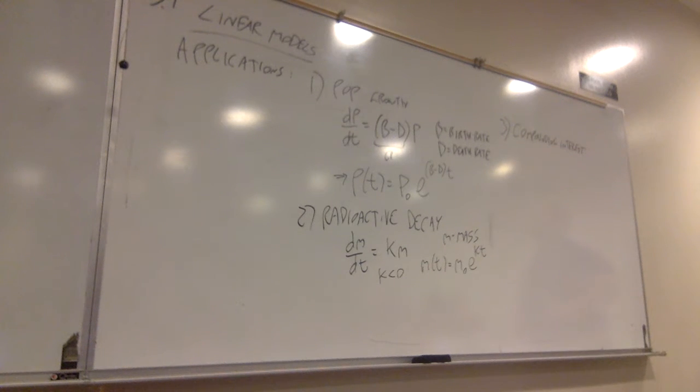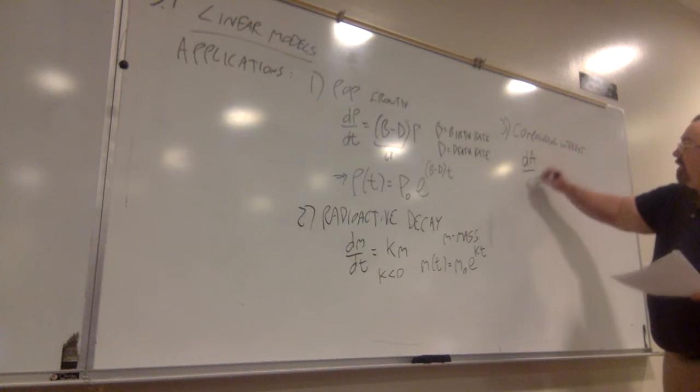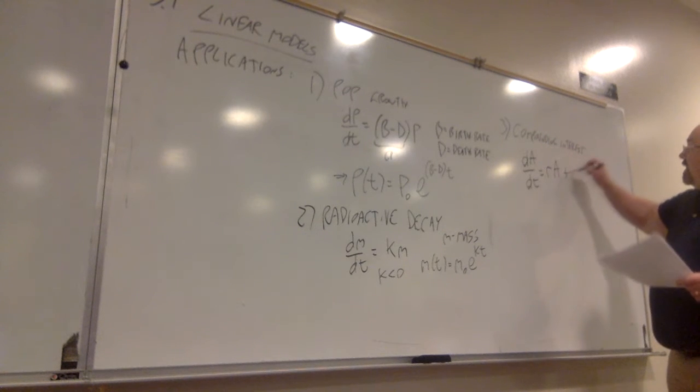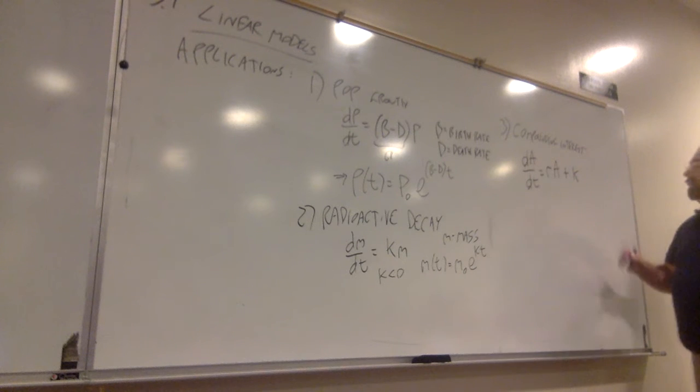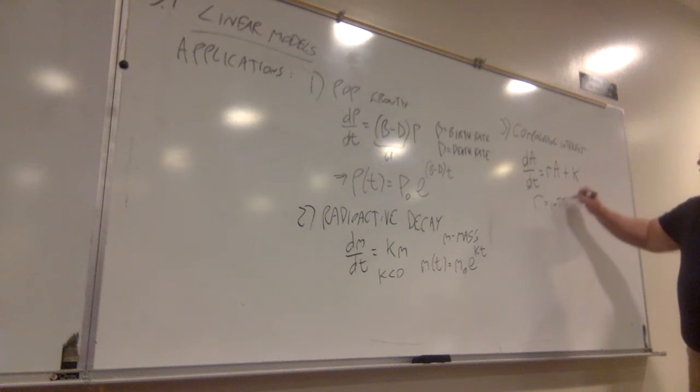In lower level courses, you may have seen problems with compounding interest, where it's compounded annually, quarterly, daily, etc. We're going to focus on the case of compounding continuously. So dA/dt is equal to rA plus k,